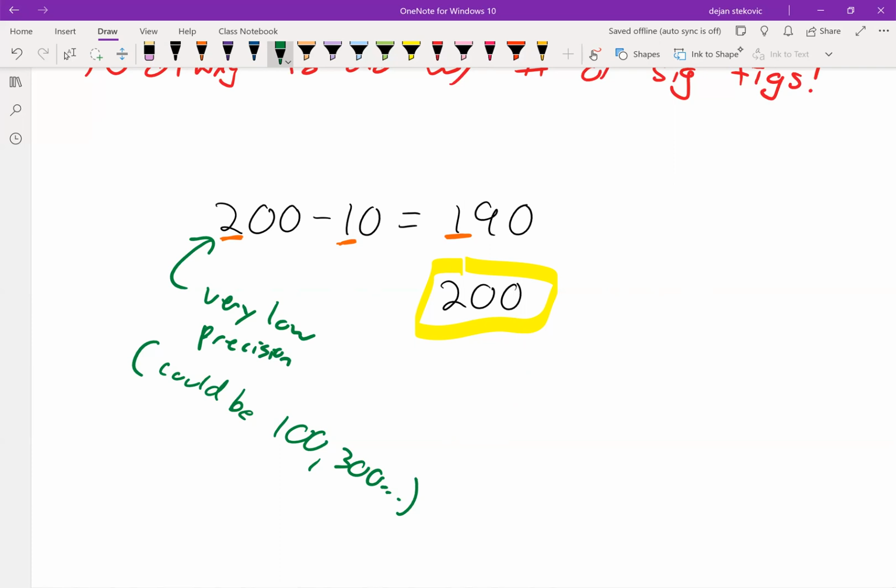That's like saying, oh, how much money do you have in your bank account? Oh, I have about $200. I don't know exactly how much, but it's somewhere around 200. Maybe it's 100 something, maybe it's 200 something, maybe it's $300. I don't really know. And then I use $10 up, right? I subtract $10 from that amount of money. I still only have about $200, right? If you had about $200 at the beginning and you subtracted $10, you still have about $200. You don't have exactly $190 because you didn't start with exactly $200. So you have to think about it in terms of precision